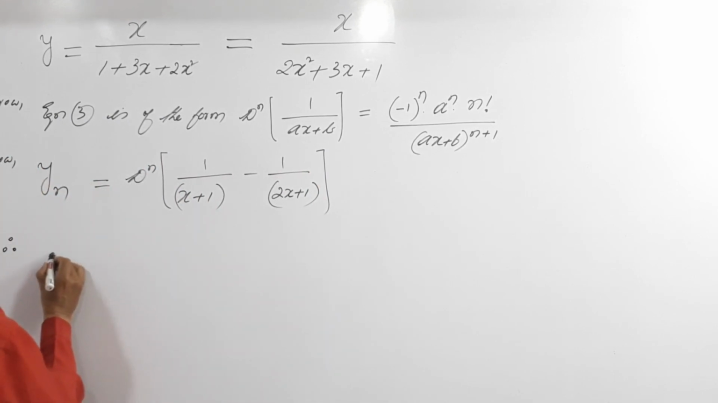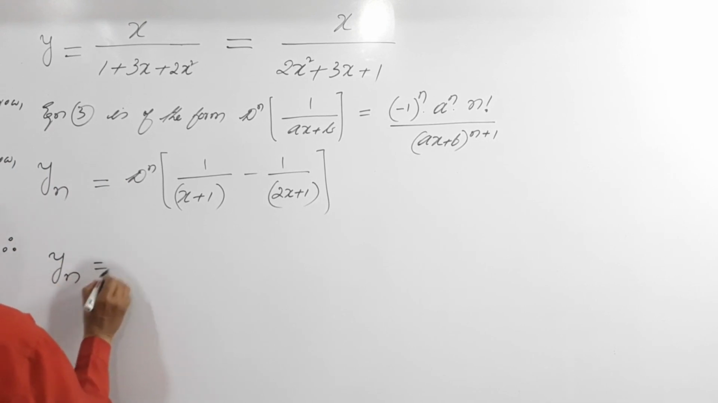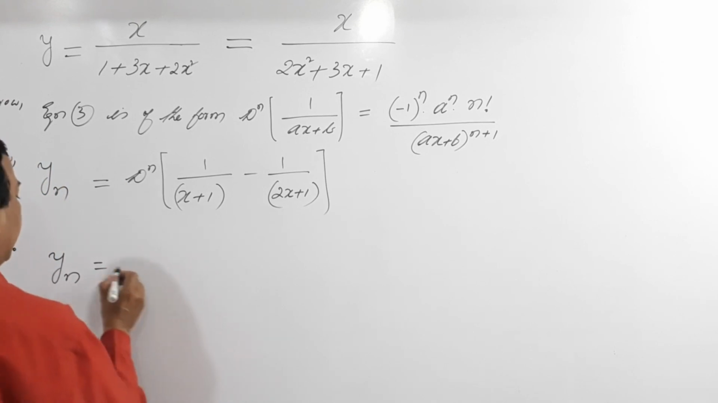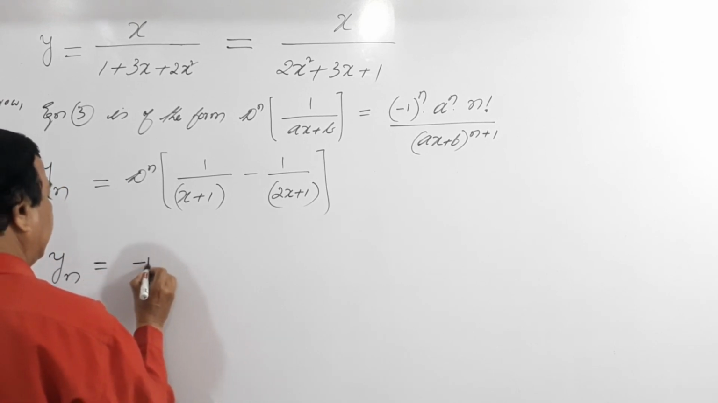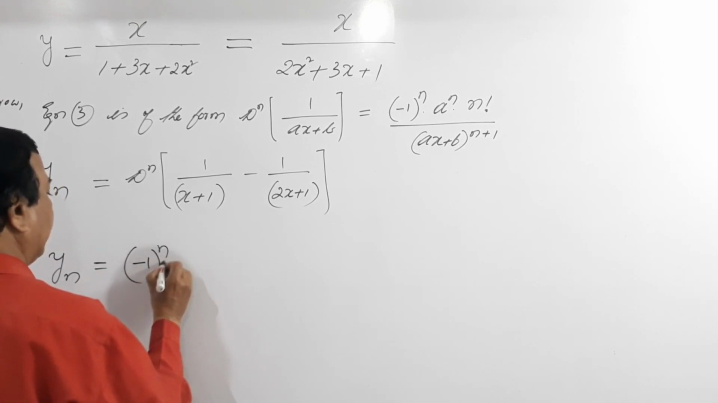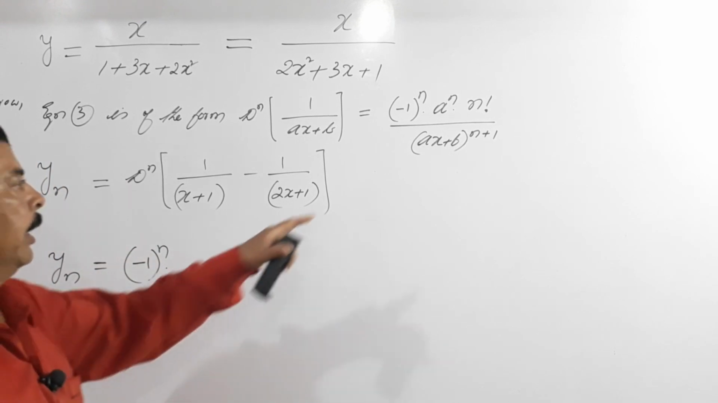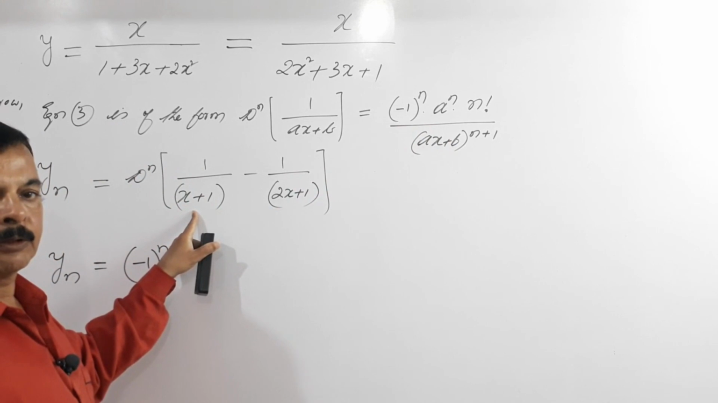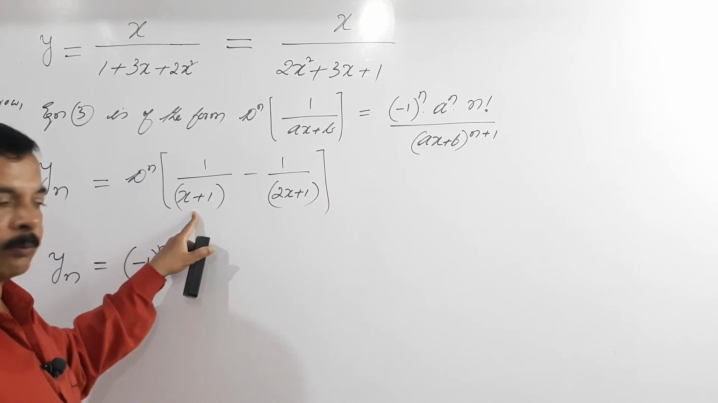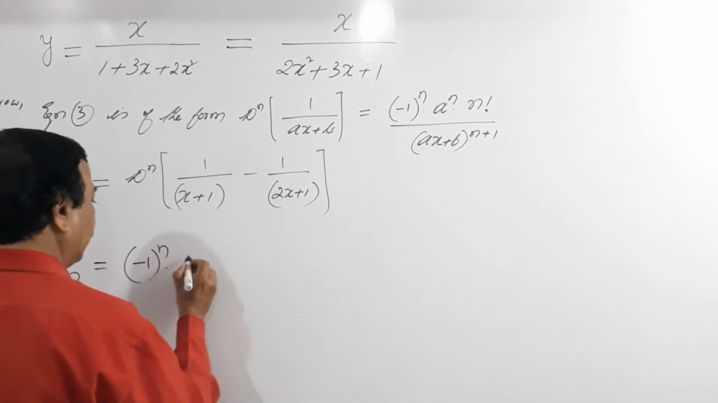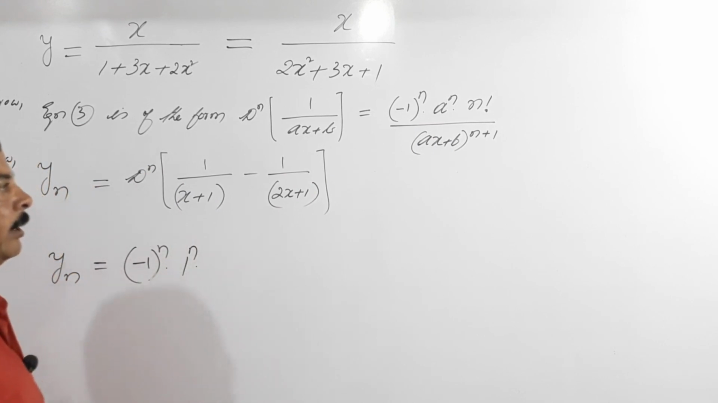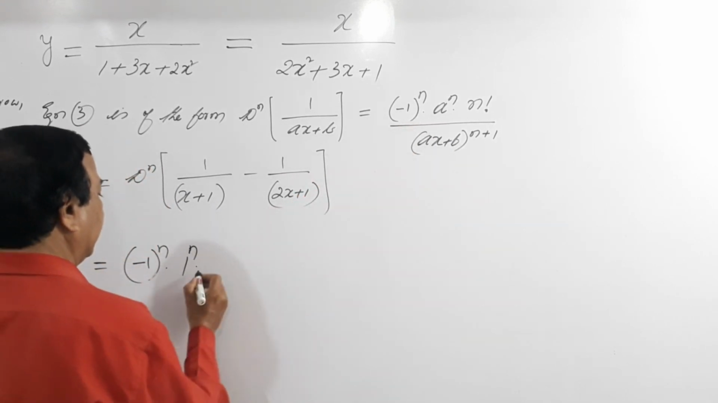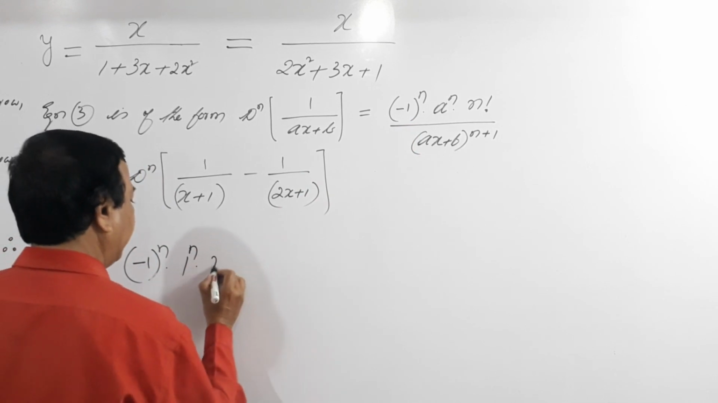Therefore yn will be what? So here, minus 1 to the power of n. A to the power of n is what? It's the coefficient of this value. What is the coefficient of x? It is 1. So this will be 1 to the power of n. That is, a to the power of n is nothing but 1 to the power of n into n factorial